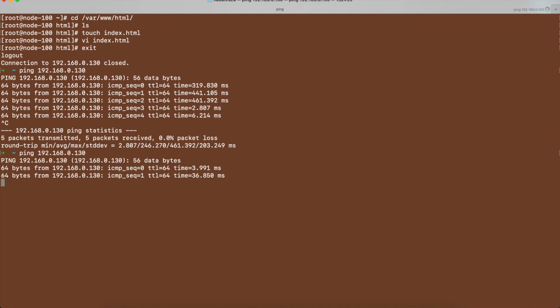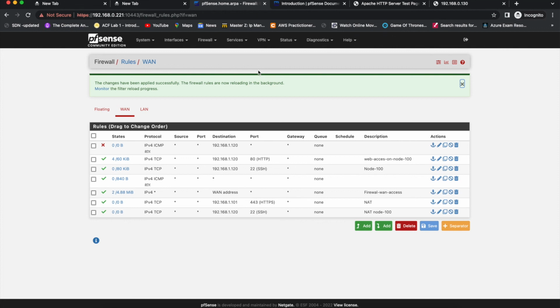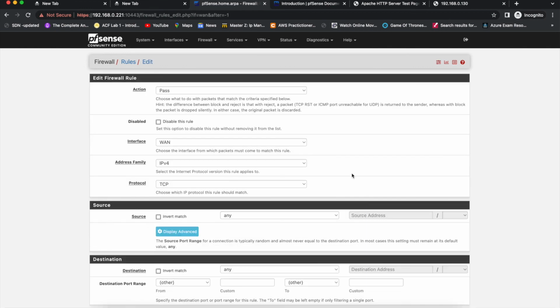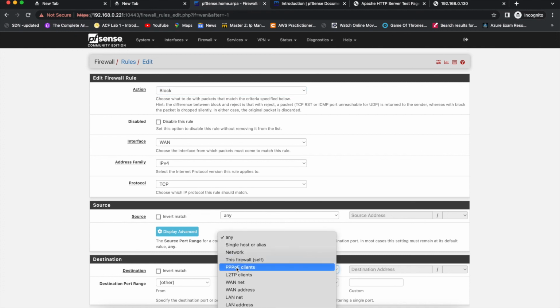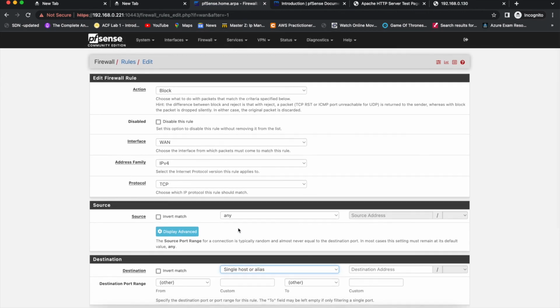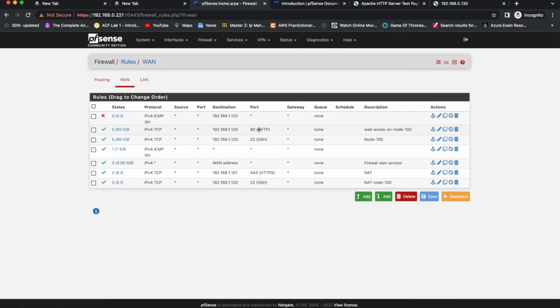Why? Because we block the, oh yes, I understand that. So we go to rules, add rule, block, source any, destination will be single host and IP. Yeah, it's good that you get the problems. Why? Because it's good to see. Okay, so it's blocking the